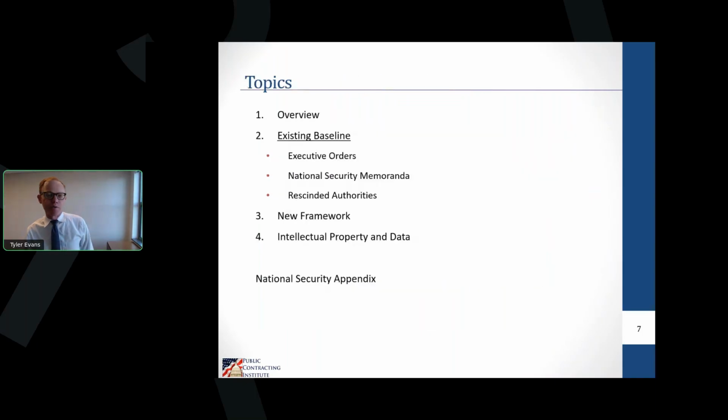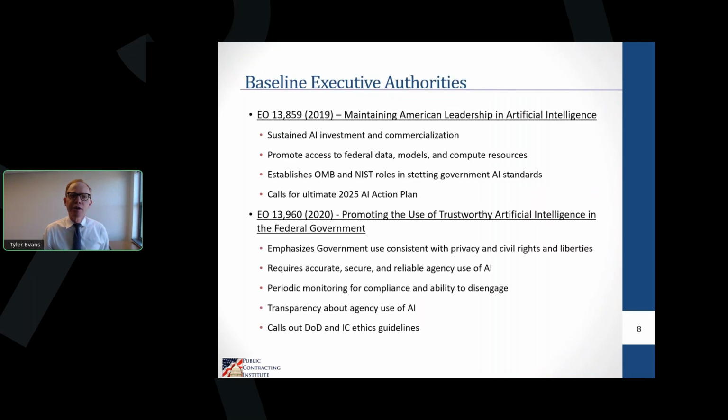So that's the overview of thinking about AI generally and all that. And so we'll talk now about specifics going into government contracts. What are the authorities we've been looking at so far, and how are they informing what came out this year? So the first set is these are two Trump administration executive orders from the first term that are